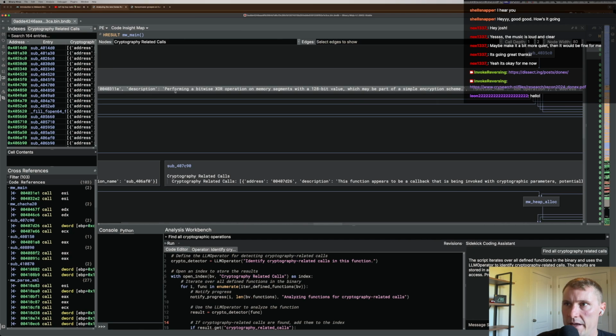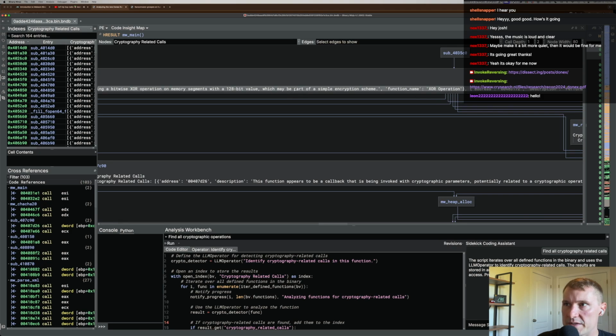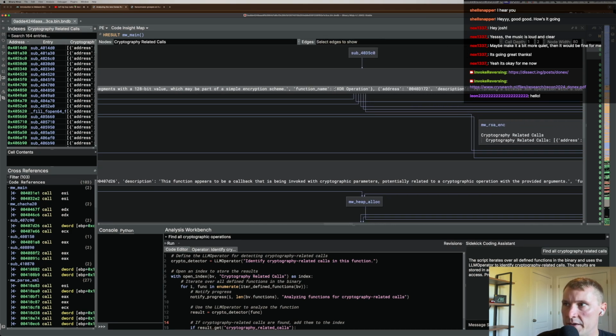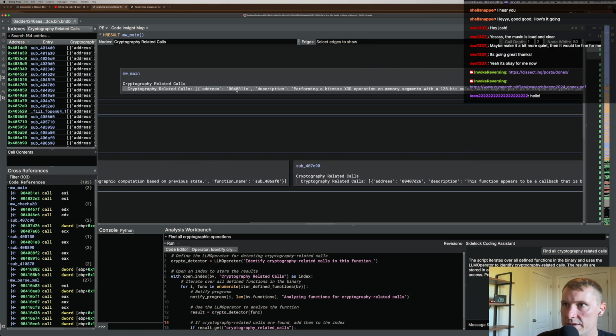40311E. And then we have performing a bitwise XOR operation on memory segments with 128-bit values. This may be a part of a simple encryption scheme. So I believe that was... if I go to this address, I don't know what copy address, if it's actually going to give us that